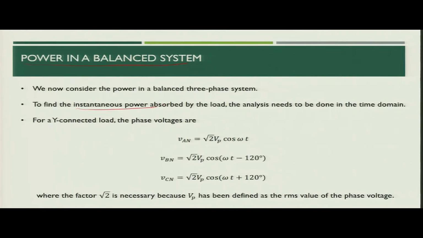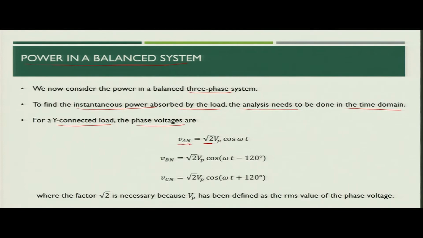To find the instantaneous power absorbed by any load in the 3 phase system, we will do the analysis in the time domain. We will assume that we have the load as star connected. The phase voltage in that case, VAN, is equal to root 2 times Vp cos omega t. We have added root 2, why? Because Vp is in RMS value and the term before cos is the peak value. So, we multiply Vp by root 2 to get the peak voltage